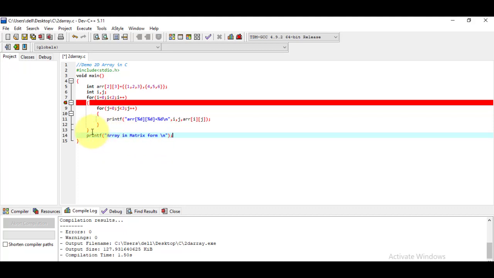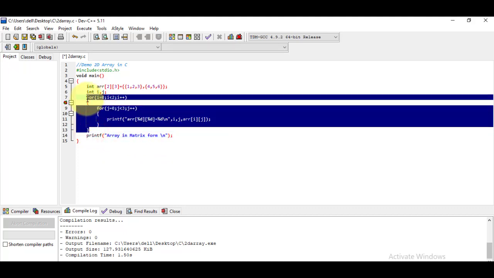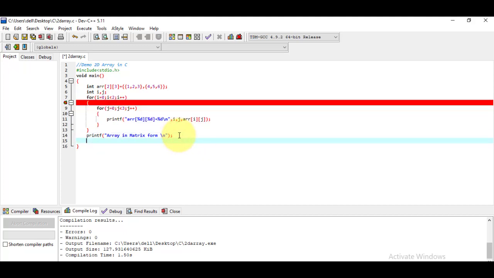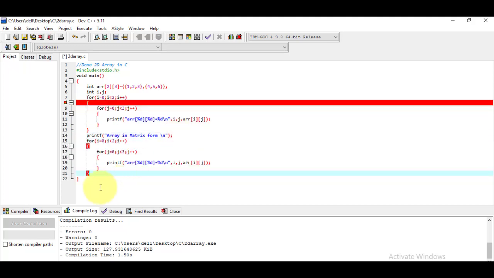Then I simply copy this line using Control C, and paste it here using Control V.